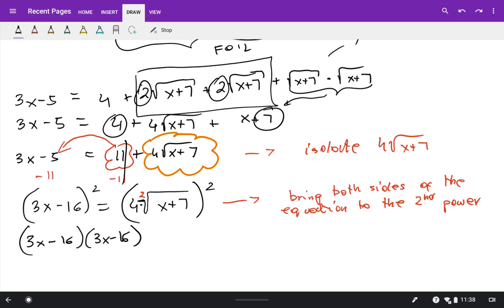Let me show work. So you're going to distribute that exponent to the number 4 and of course to the radical. So you have 4 to a second power times square root of x plus 7 to a second power. So 3x minus 16 times 3x minus 16, when you FOIL,